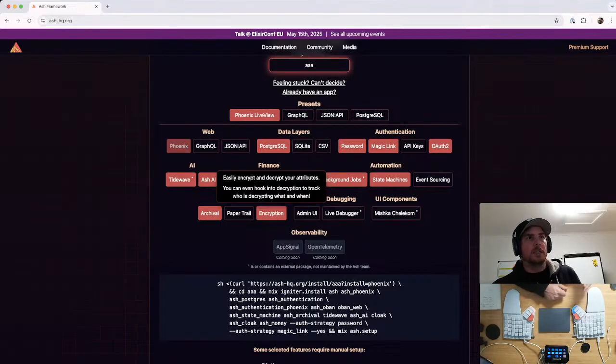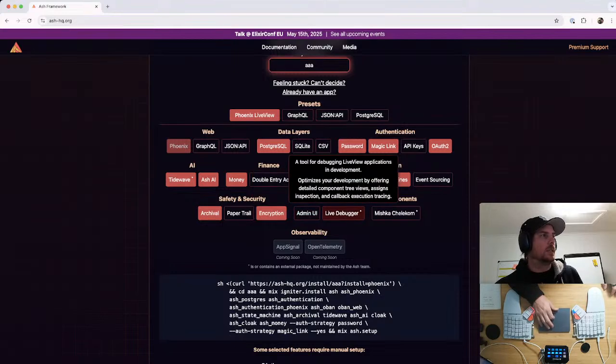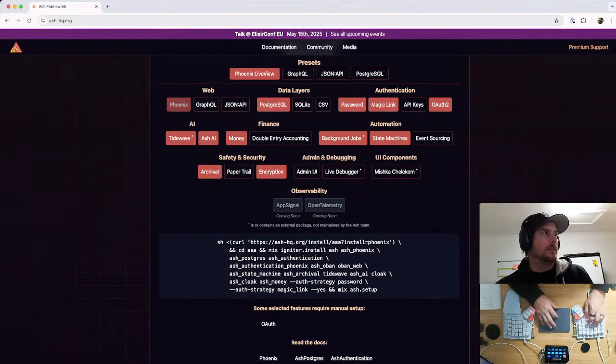This is like a vault type system to encrypt various fields. I'm not sure I'm going to need it, but I'm going to add it in. It might be worth encrypting any sort of data that comes through, just so I don't have to worry about that. I've turned off the admin UI and live debugger, and that gives us this